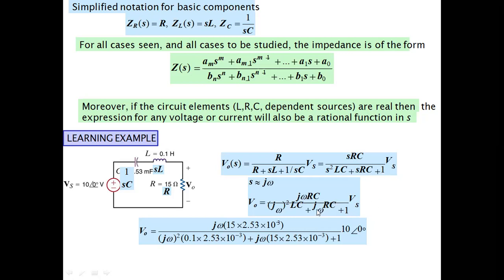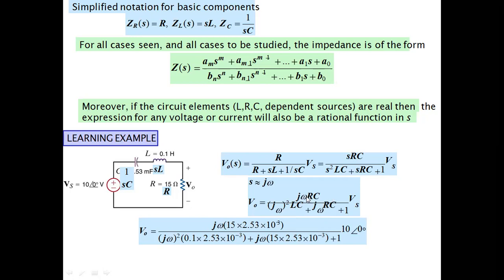Vs as it is. We are not having the value for j omega, so you can put it as it is. We are having the value for the resistor and the value for the capacitor. The resistor value is 15, you can take it as it is, into the capacitor value 2.53 into 10 raised to minus 3. That will be in farad. So here we are working in the frequency domain, so you can take 15 into 2.53 into 10 raised to minus 3.